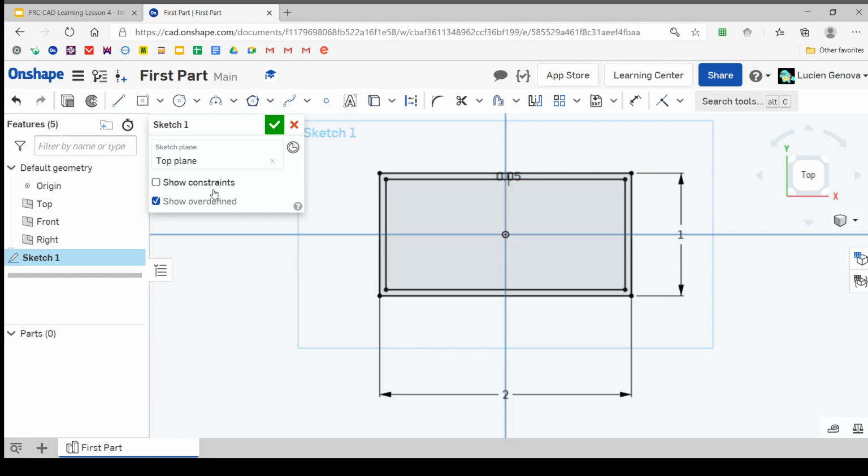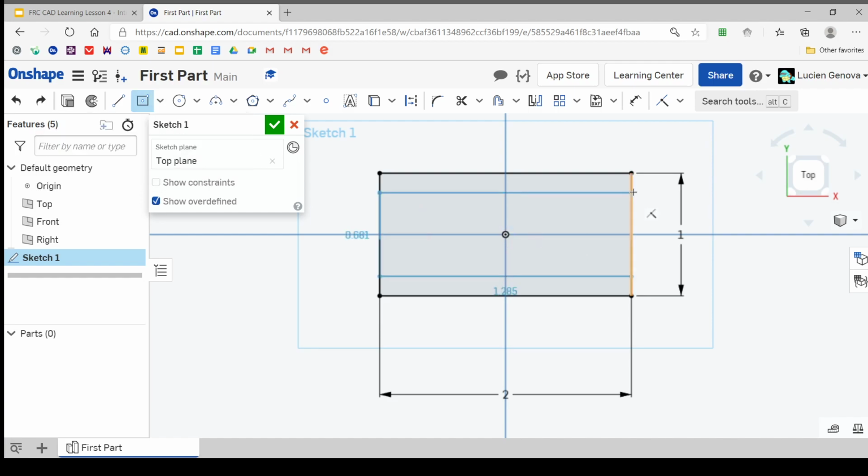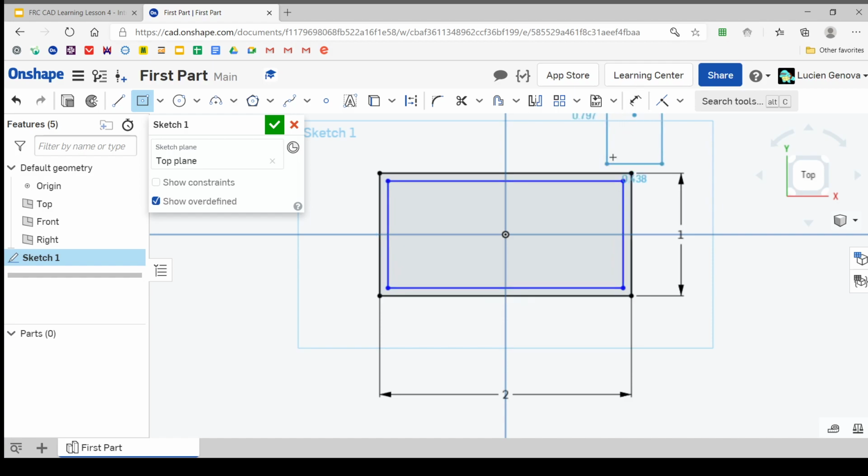We'll just go ahead and press Ctrl Z to undo, or you can just press undo up here. And that's going to get rid of this offset that we just made. How I'm going to do it, because it's a little bit more useful to show, is making another center point rectangle centered about the origin, and dragging it out to about right here, and then using the dimension tool to constrain it to be, nope, not that, to constrain it to be 0.05 inches away